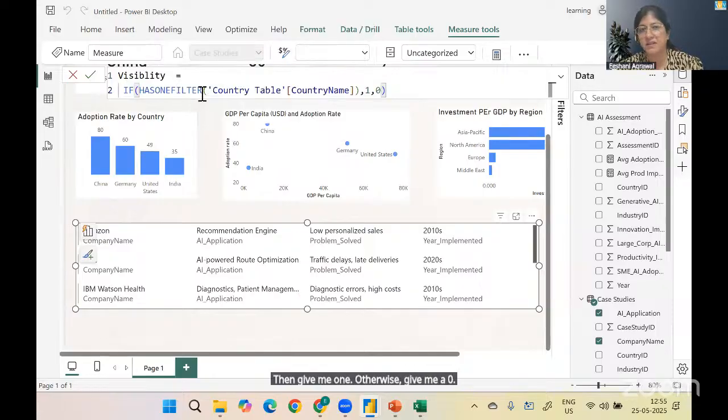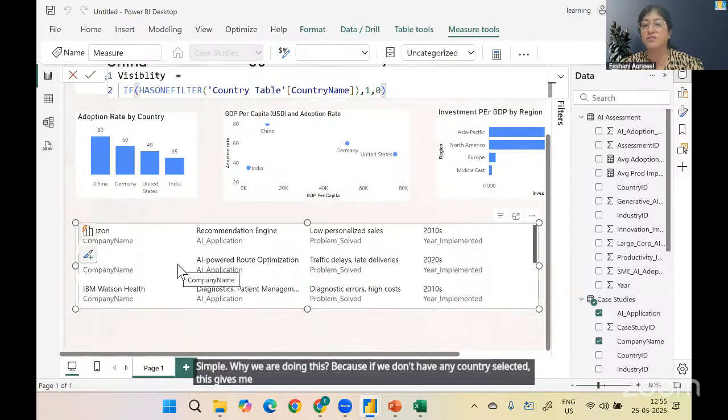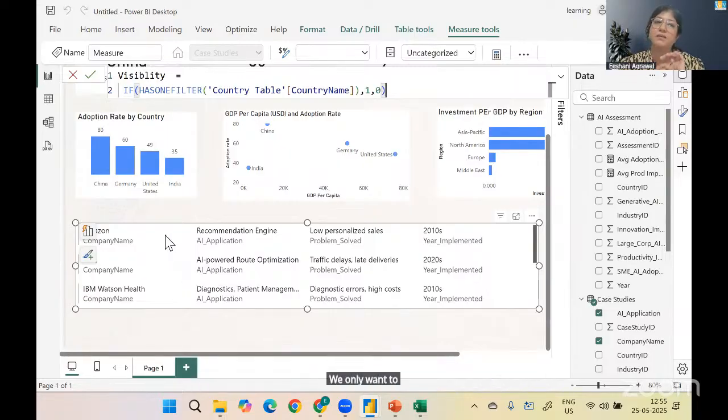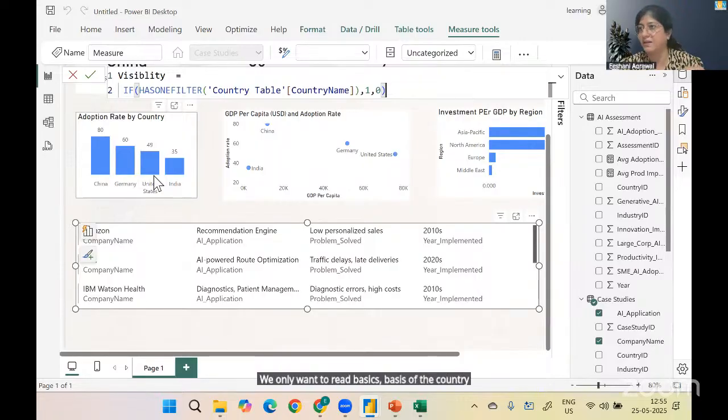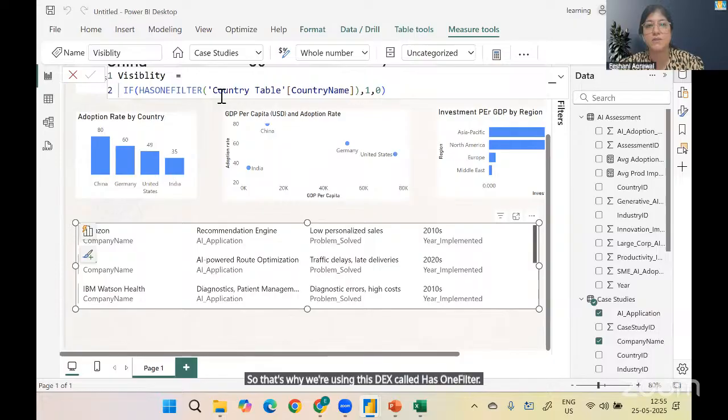Simple. Why are we doing this? Because if we don't have any country selected, this gives me all the countries, which is very difficult to read. We only want to read on the basis of the country selected. So that's why we're using this DAX called HASONEFILTER. Once we click enter,